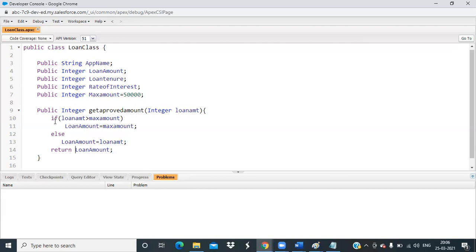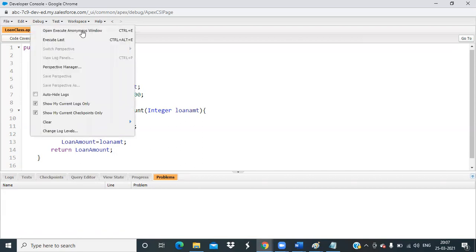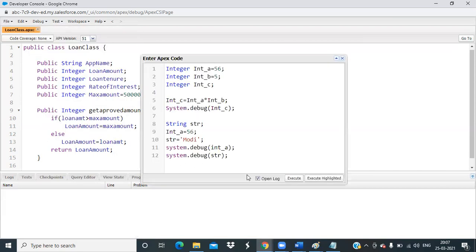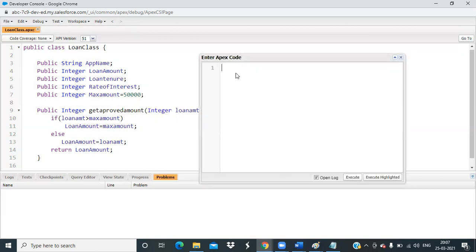Now we need to compile it. Sorry, we need to run it. So what we will do is create an object of this class. How do we create an object of a class? The way we use the data types, we will use the class.